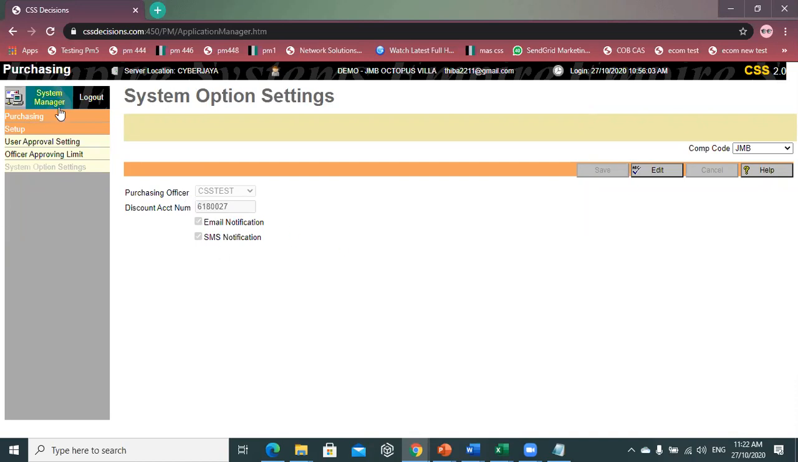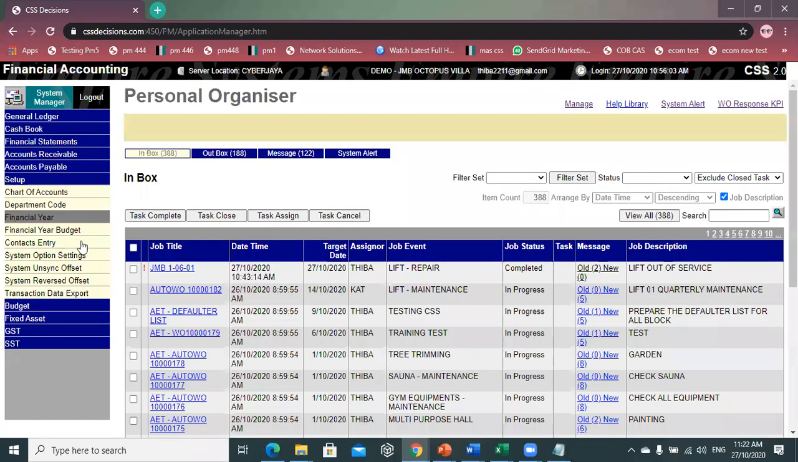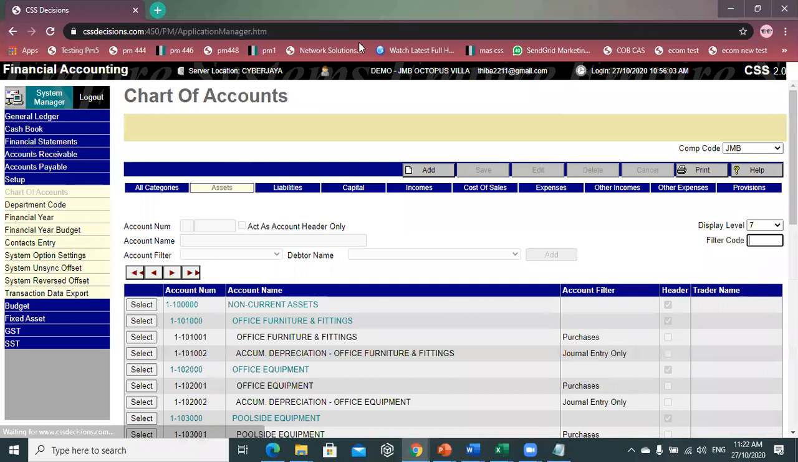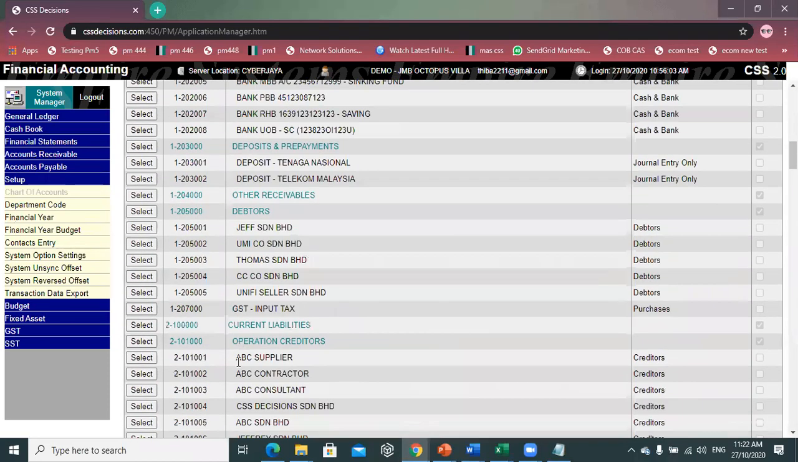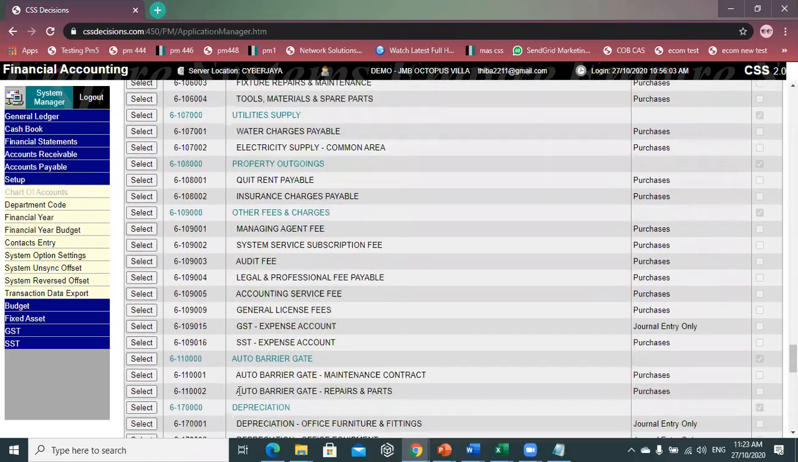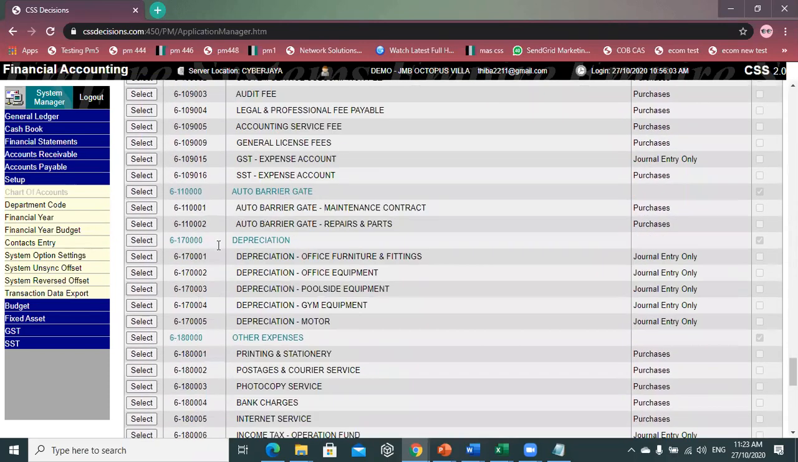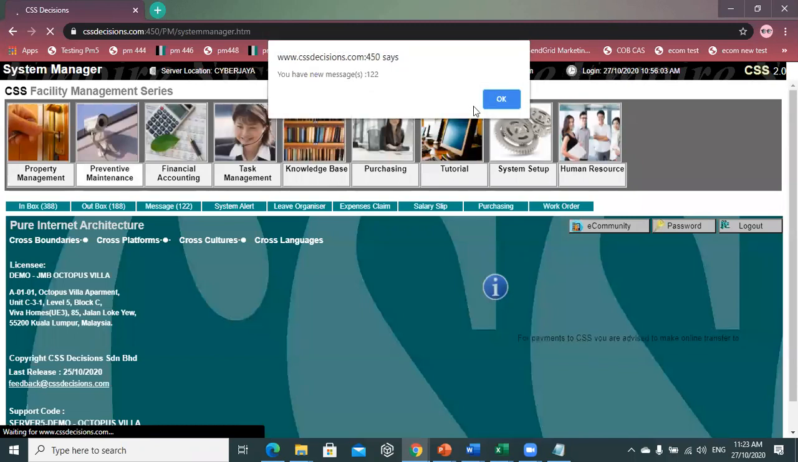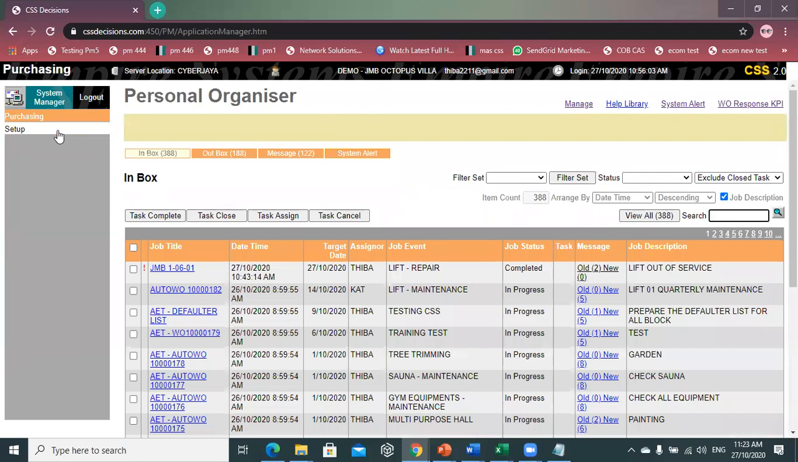Okay, and this one, maybe I can show you now. You can find here, chart of account, number 6. Sorry, 7. You will find it over here. Okay, at the chart of account, number 6. So this will be the 6th one now. Okay, and then after that, here,